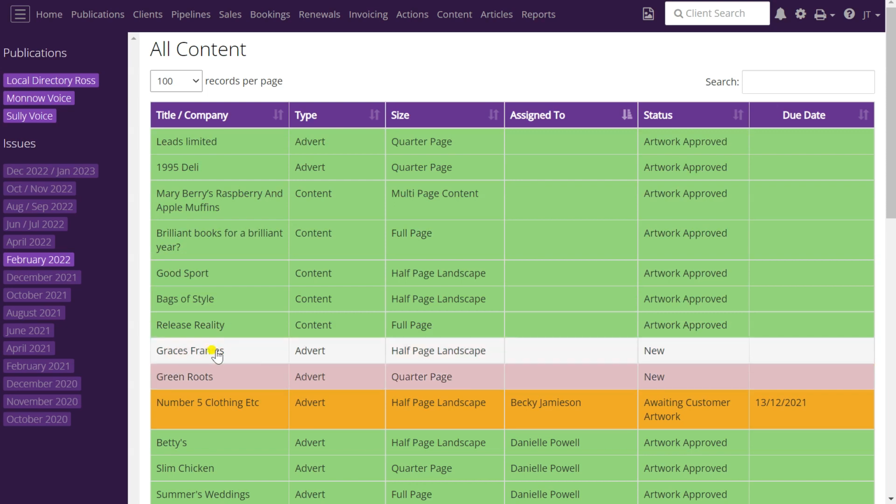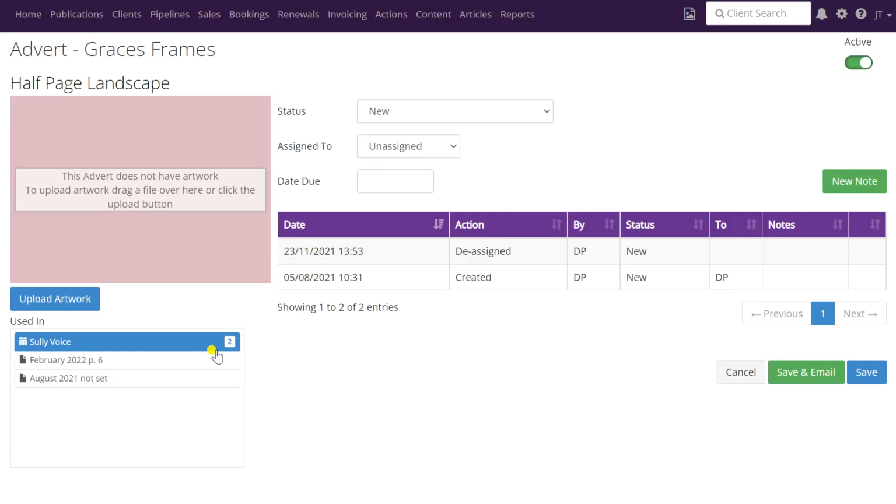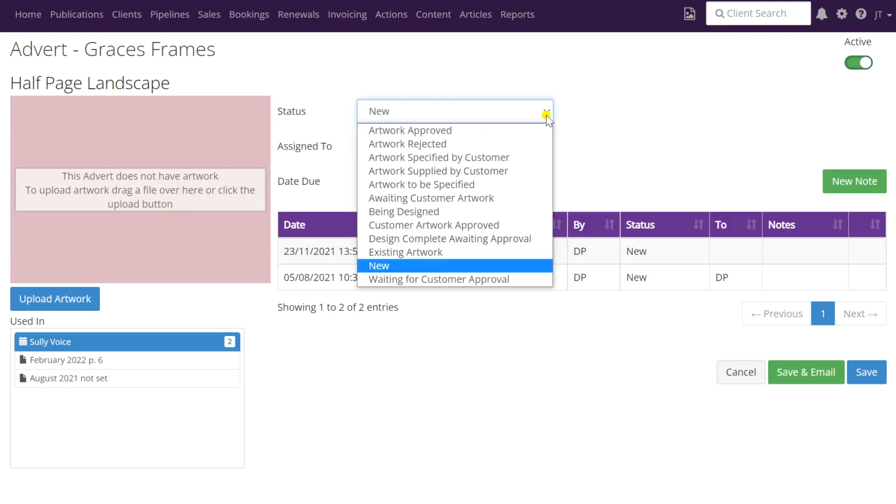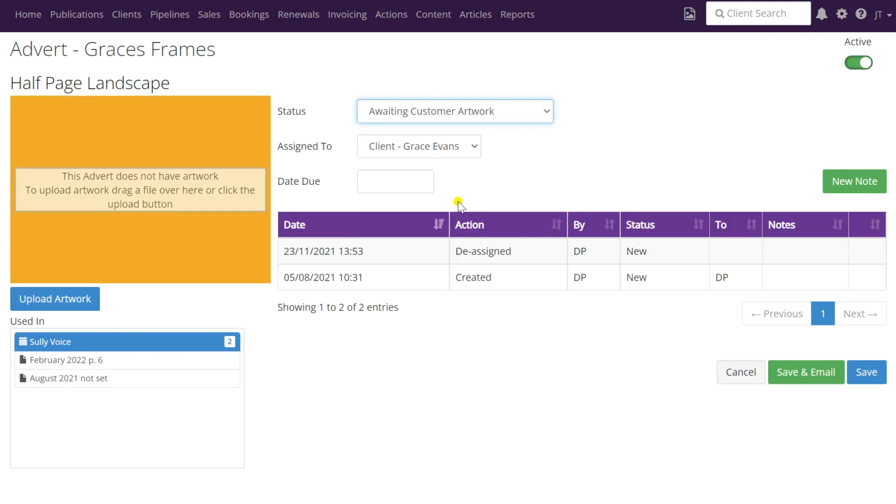So it's a case of clicking on the listing there and then setting the status, so that we may be waiting on the customer to supply their artwork, so it'd simply be a case of coming down here and clicking awaiting customer artwork. Okay, so that's going to assign it to the client,